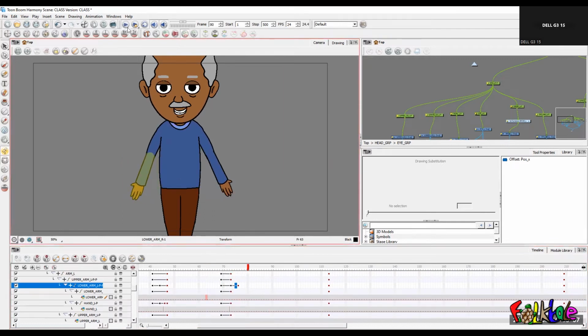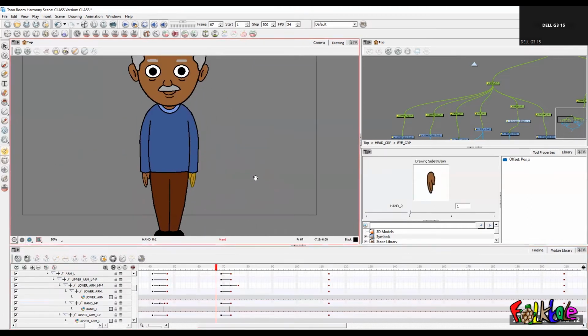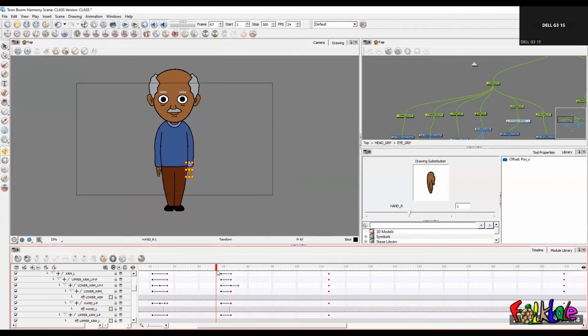We can even interpolate the hand if we want, even though this arm is not moving so fast, so we don't need much of the overshoot or overlapping action. Okay, so if we play this,